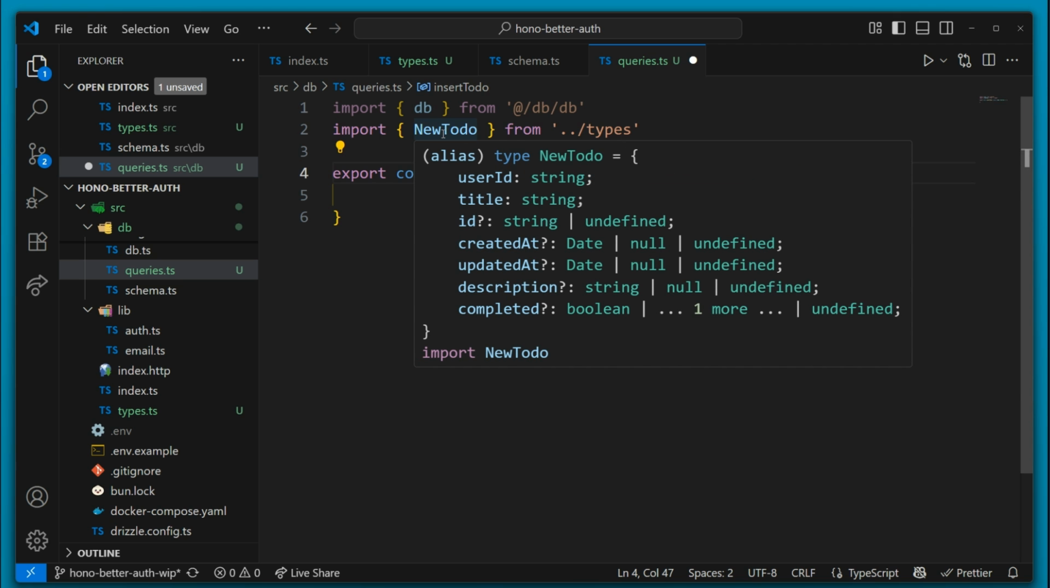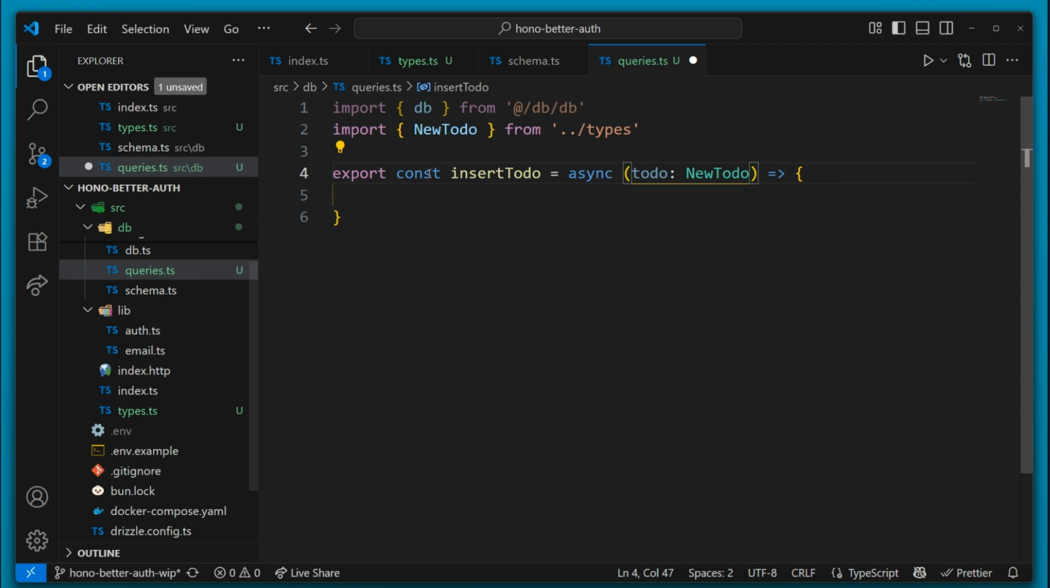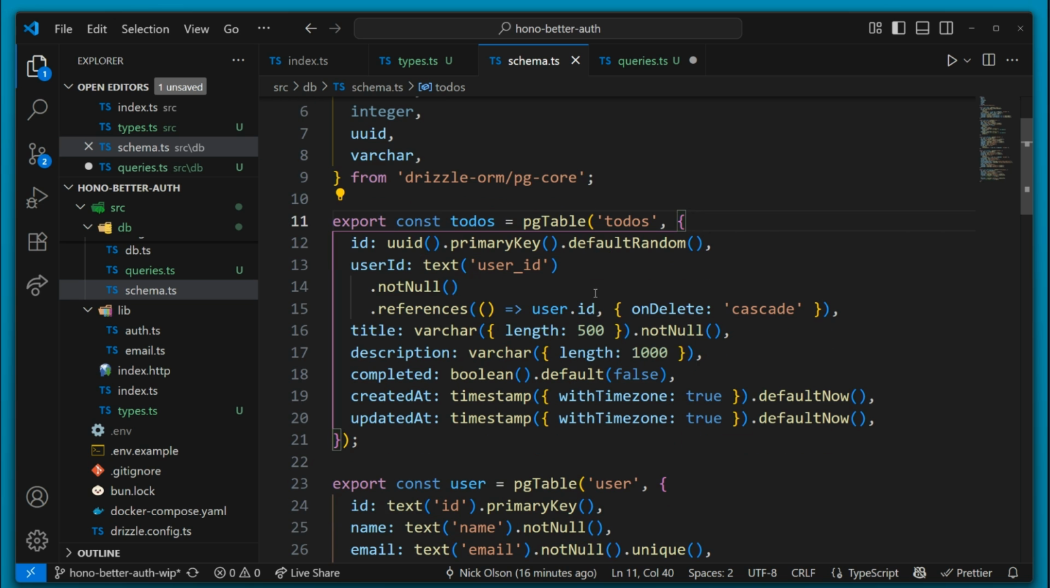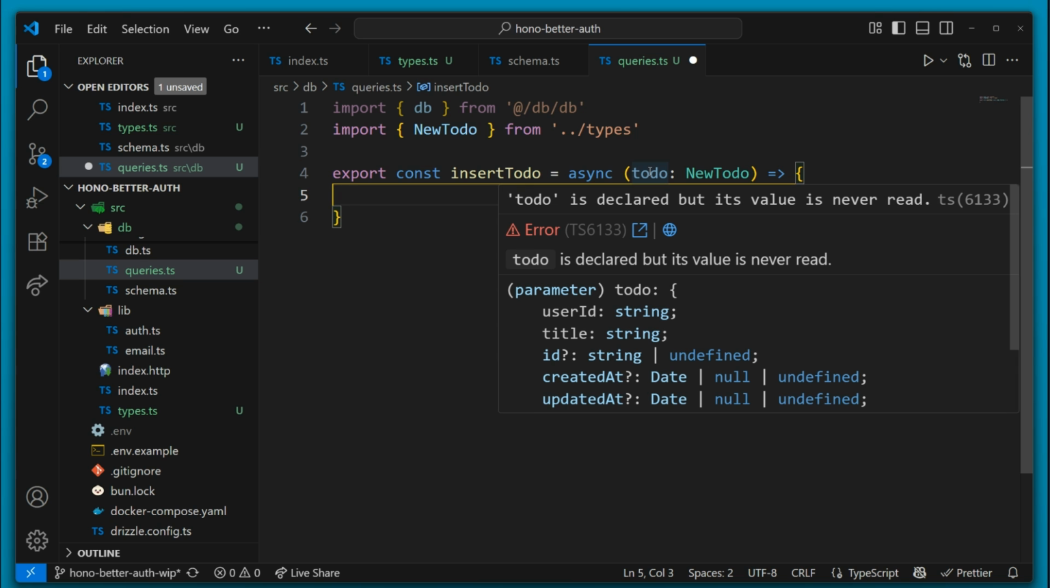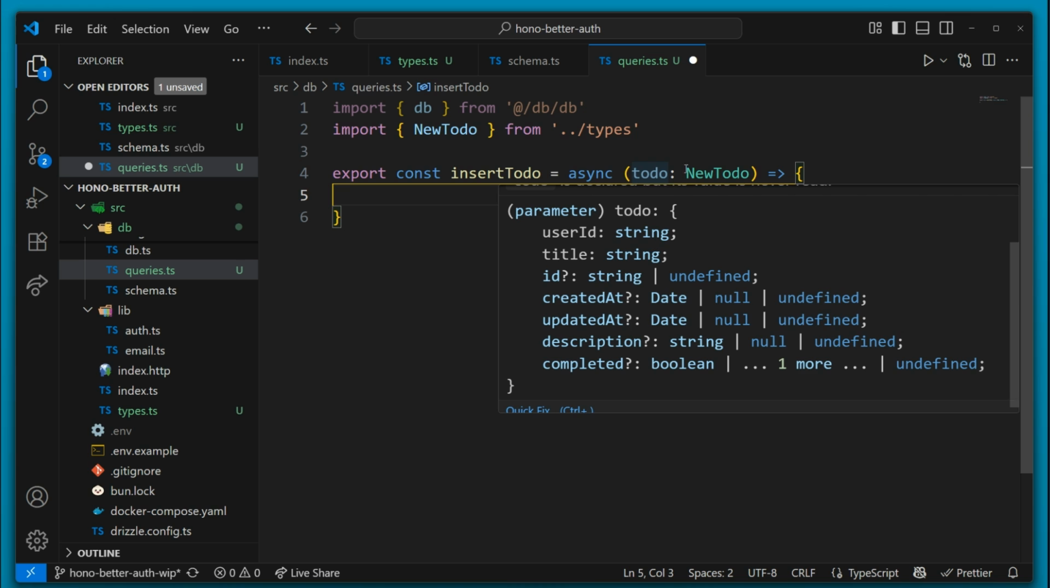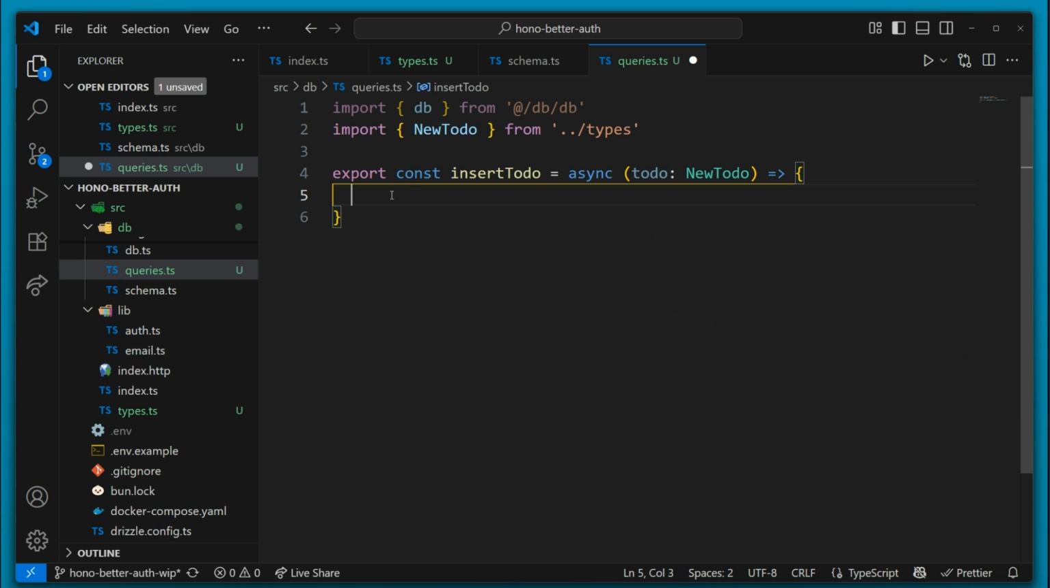And this will stay in sync with our schema if we ever make changes to our schema here, if we ever were to add new columns. And that's really nice to have, that consistent type safe experience as you're making changes to your schema. So now that we know what this data is going to look like as it's coming in,